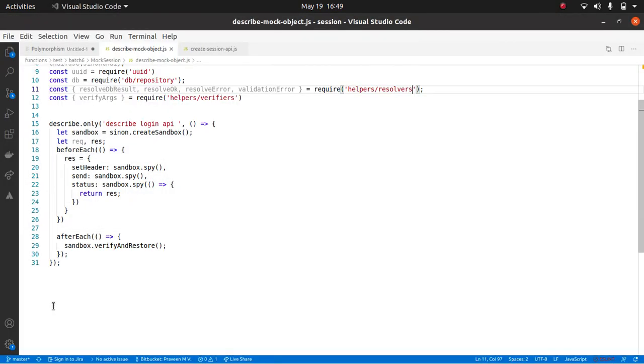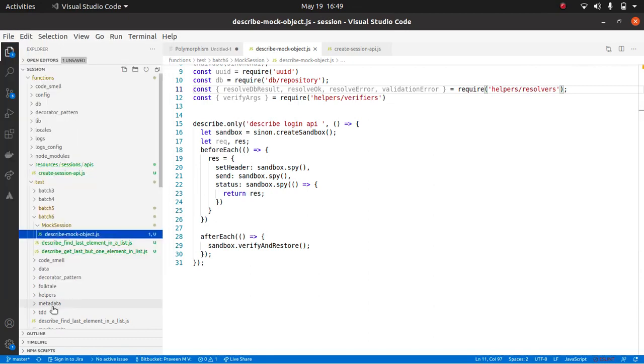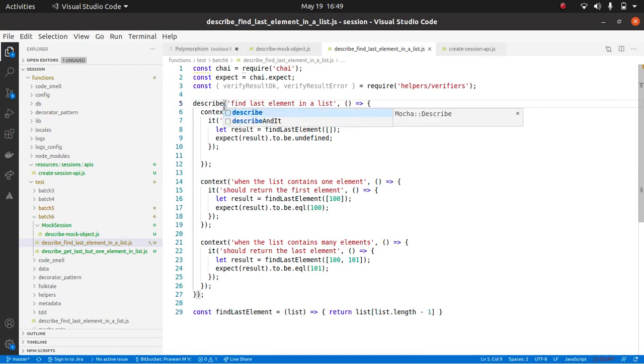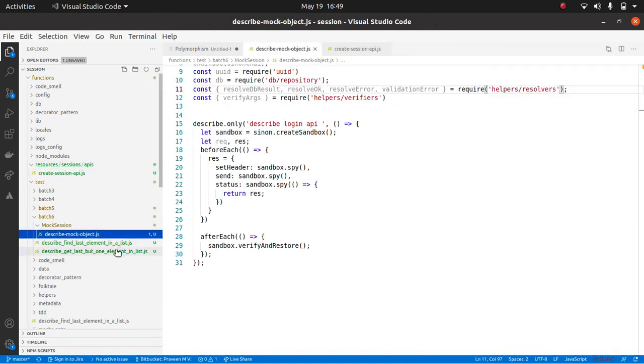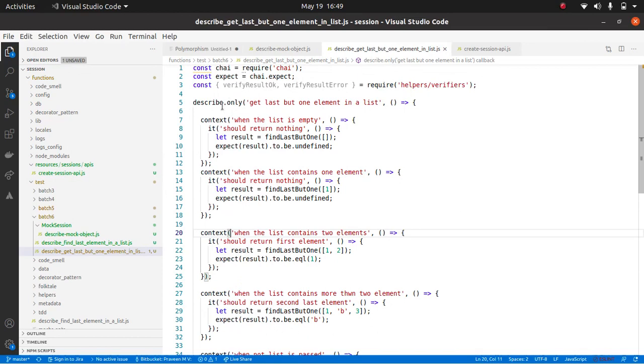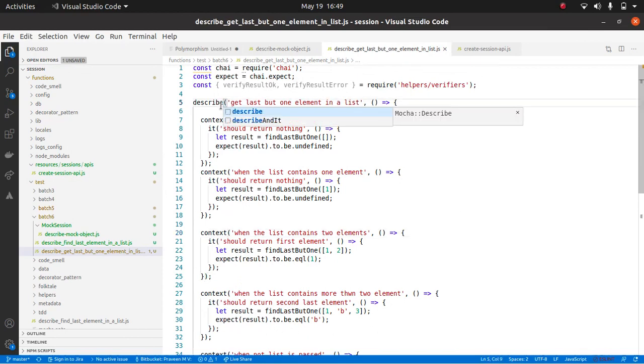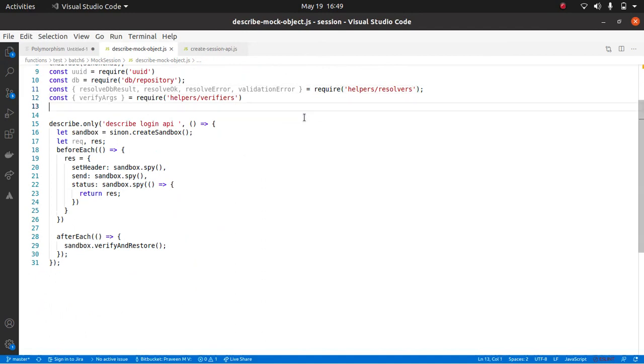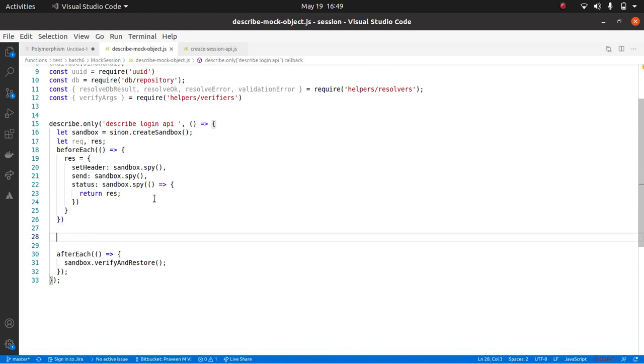So I'll do one thing. Instead of running all the other test cases, I will remove this dot only, and the other one also I'll remove dot only, and let's test our API test cases. What should happen whenever we call an API?